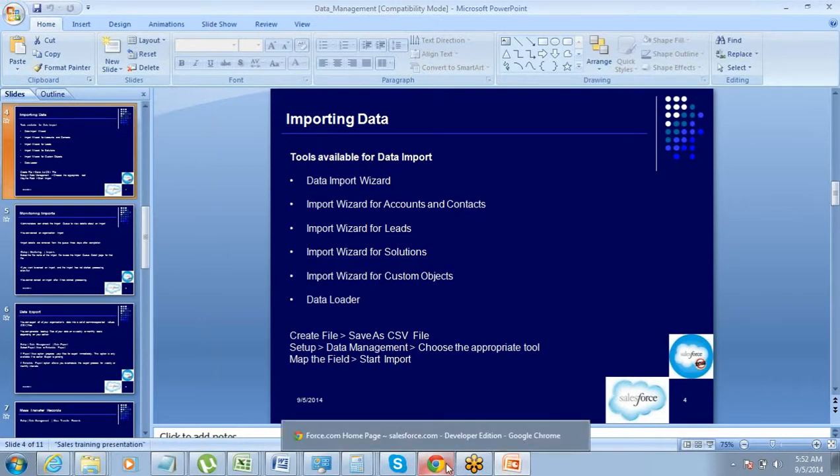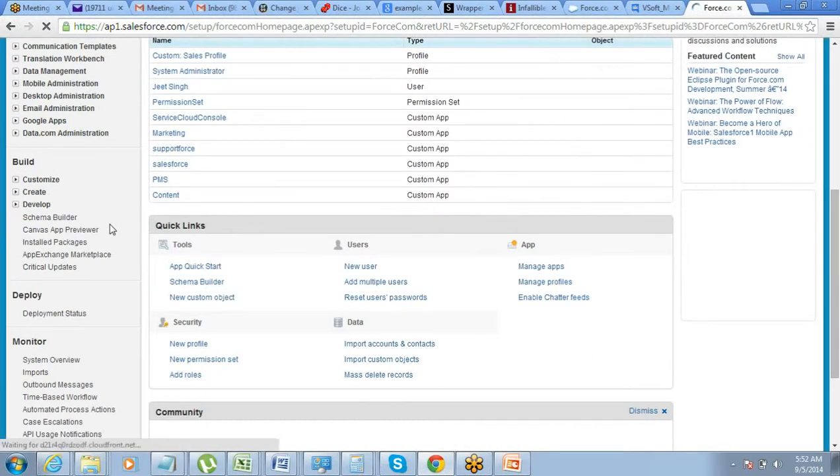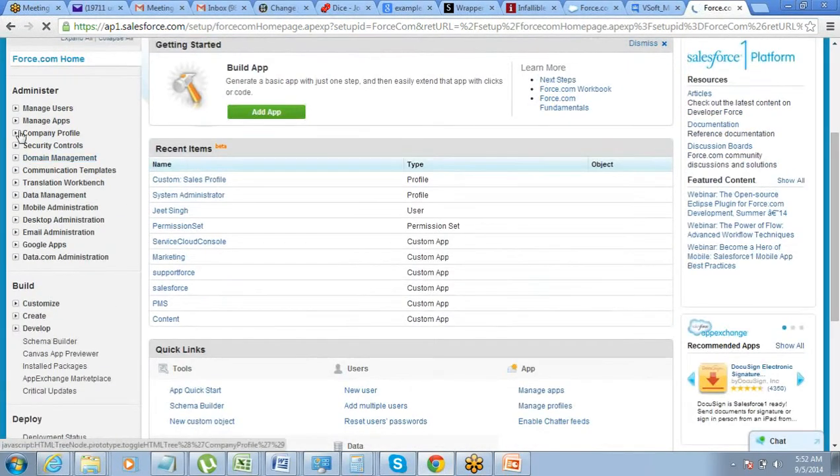Okay. Now the next thing we have to do is choose any of those tools for importing, and then start the import process. The file is done. Now go to your setup. Under data management we have the import options.